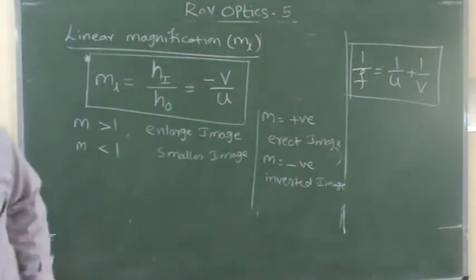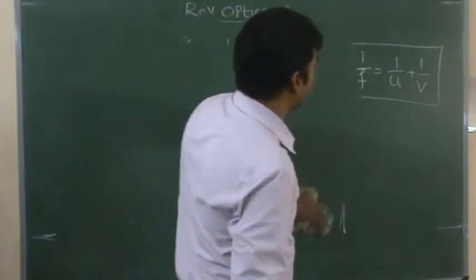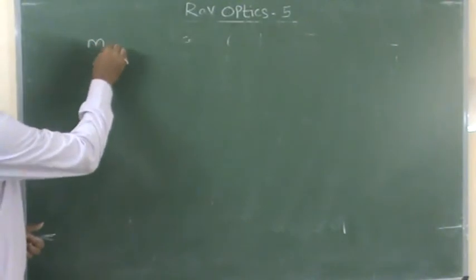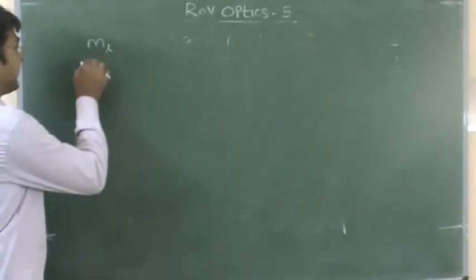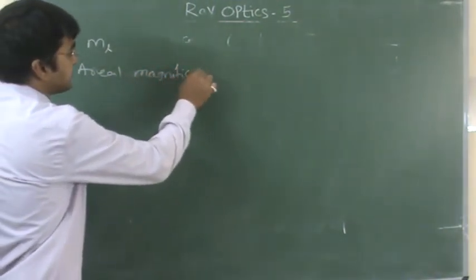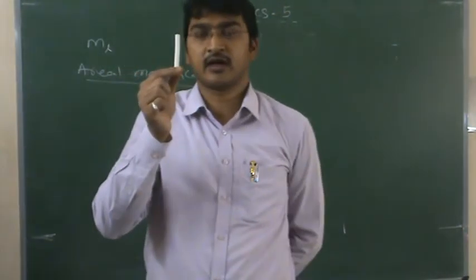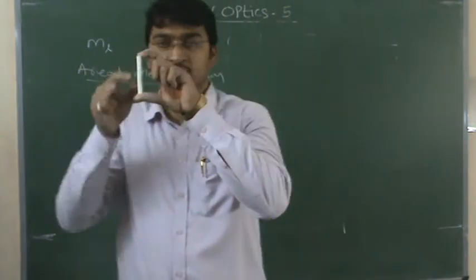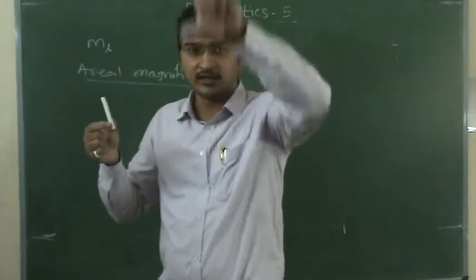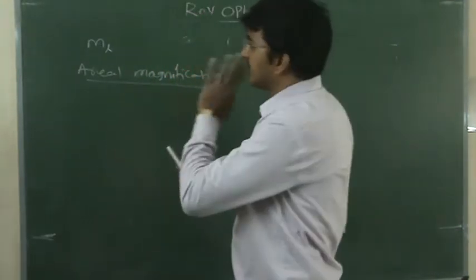Now coming to the next small topic, power. Meanwhile, we'll discuss aerial magnification. I said linear magnification is m_l. Next, aerial magnification. So what is aerial magnification? If it is a linear type of object, for example a 2 centimeter chalk, the image is 10 centimeter. Again, it is a linear shape, you know. In case of linear, you can see the linear magnification.